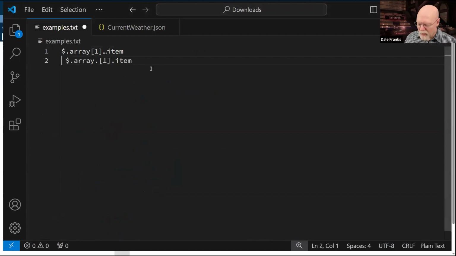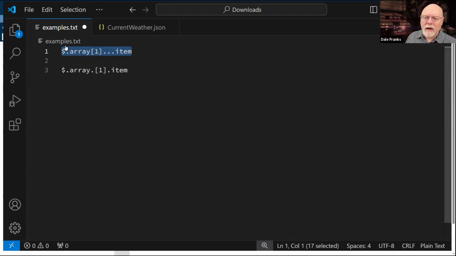I've got array one item. So let me do that. And then I have an alternate syntax for picking out an item in the array, which is $.array.one.item. So I have alternative syntaxes that I can use to return an item. We'll just take a look at both of these real quick.